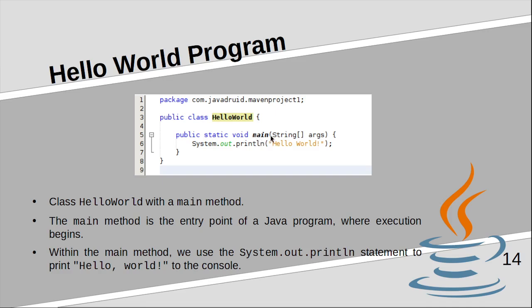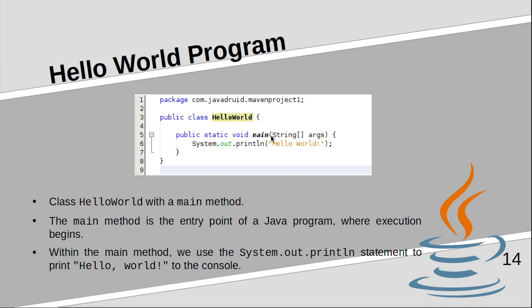Now this is the main, this is the function name. I will use function and method interchangeably. All methods are functions, but a method does not return anything, except a function does have a return type. Just so you know, when I say method, it is a function that doesn't have a return. It is called main, and